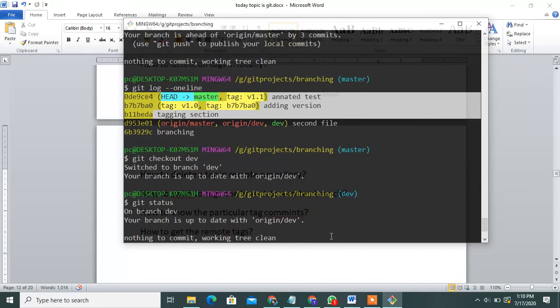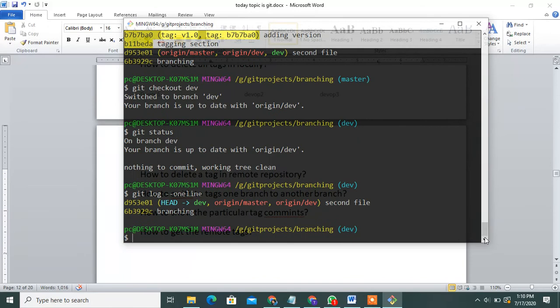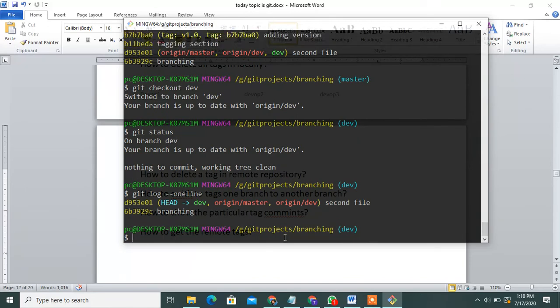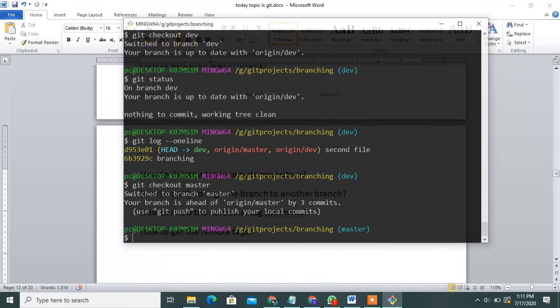Okay, I will show how it is done, please observe carefully. This is the most important part. First of all, switch with git checkout. Then add this git tag.